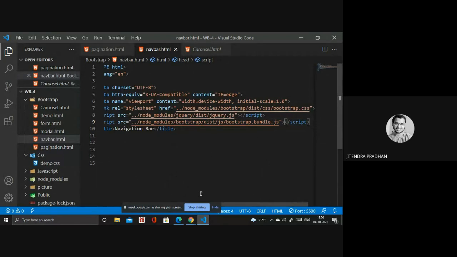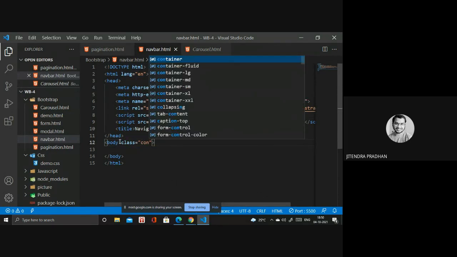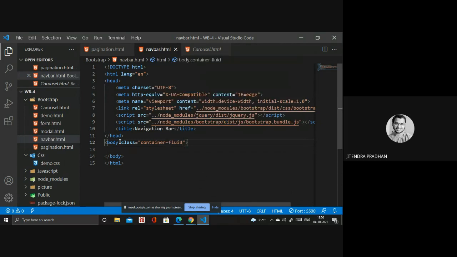Next we have to design one web page. First we require the body part, and the body class is required. We have container-fluid. Next we require a heading for that, navigation, which we have to give.